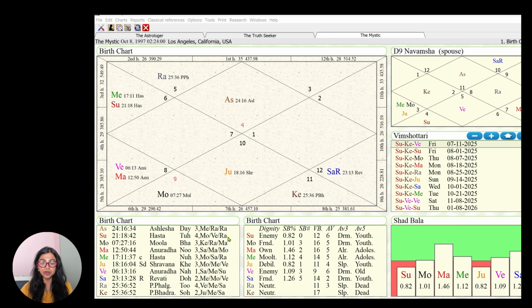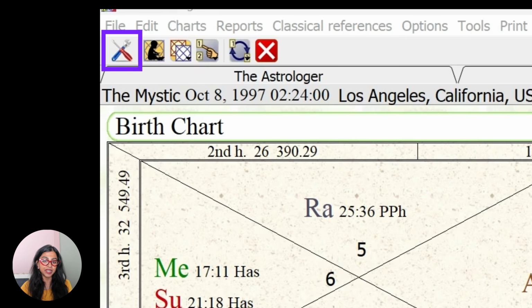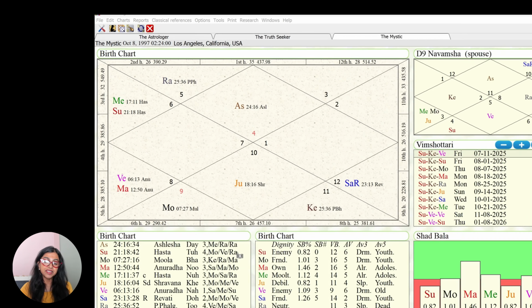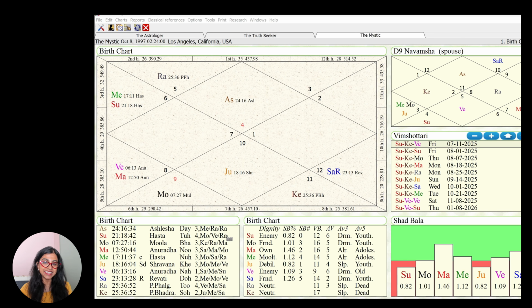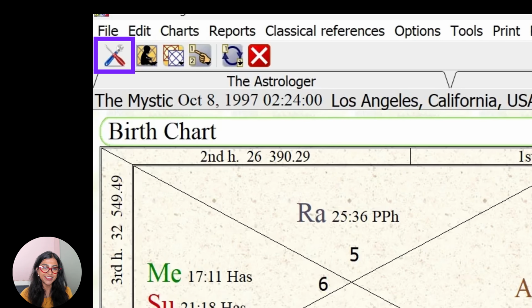Today we're going to be reviewing the icons in more detail, and we're going to start with the User Preferences and Tools icon, which is the red screwdriver and blue wrench on the top left hand of your screen. This is where you'll find your main settings and customization options, and it works the same way on the Mac and the PC. So let's click on the red screwdriver and blue wrench,